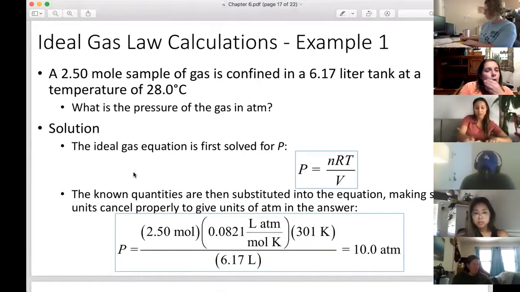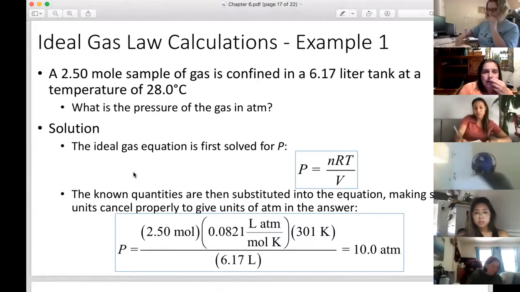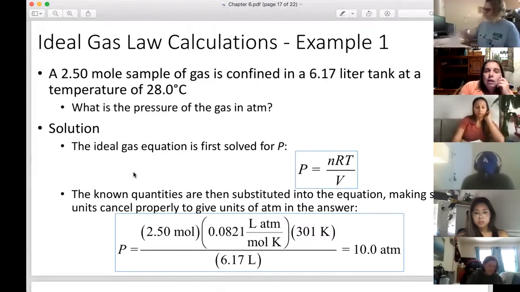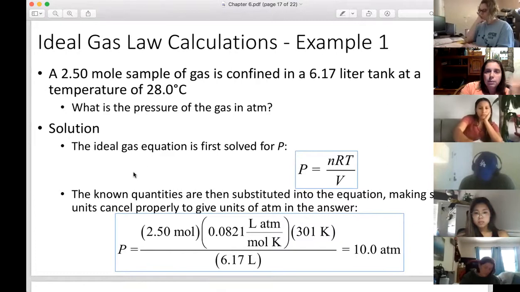So let's look at how a problem would look if we were using the ideal gas law. We have 2.5 moles of a sample of a gas that is confined to 6.17 liters in a tank at a temperature of 28 degrees Celsius. And we want to know, what is the pressure in atmospheres of this gas? So this is going to be kind of a setup of a long dimensional analysis, right? We could do it that way, or we could literally plug and chug into our